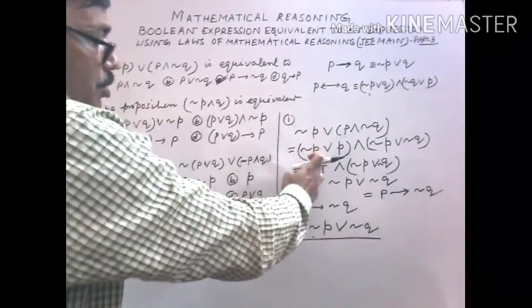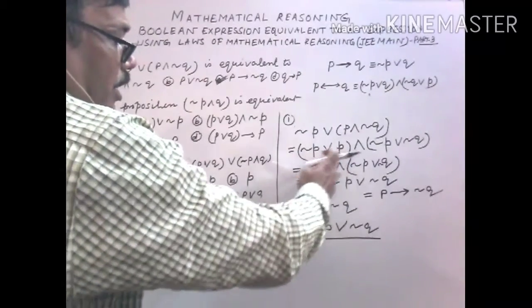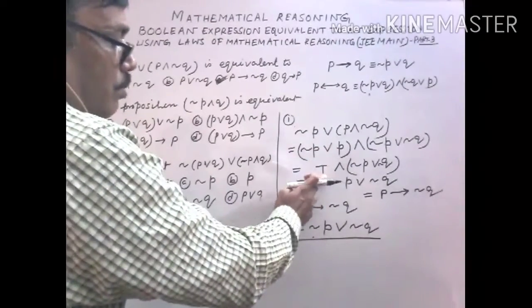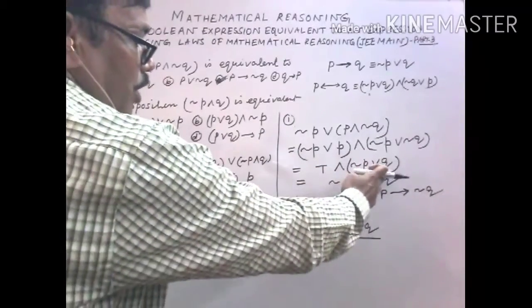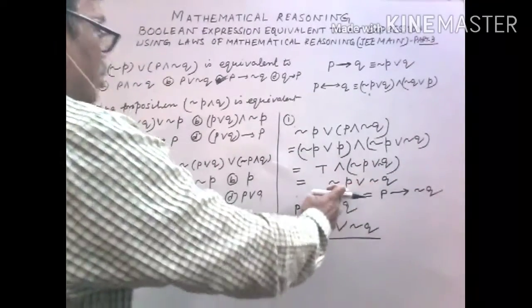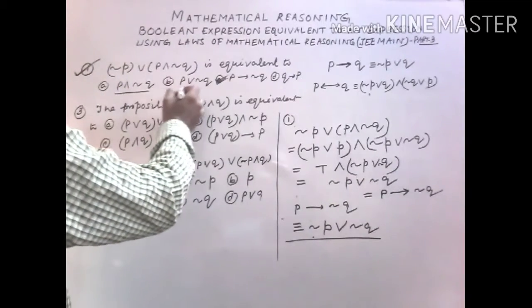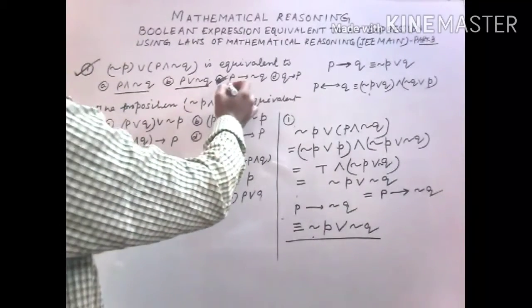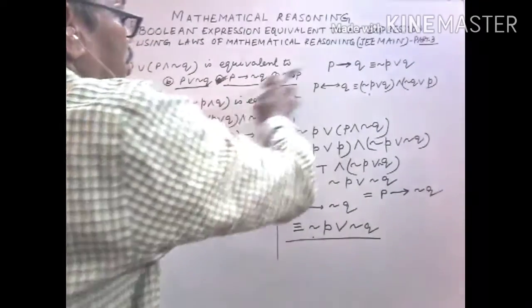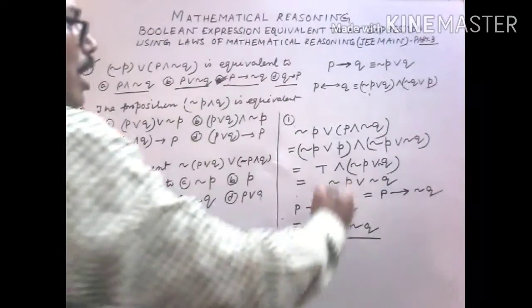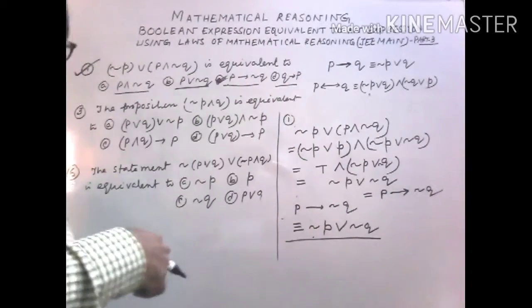Now look, using the distributive law, A union A dash equals U. U is replaced by tautology. If you take intersection with it, we get the smaller one. Look at the options. This is not matching, this one is not. So you consider this one and this one. Transform in terms of conditional, and we get the third one as the correct answer.